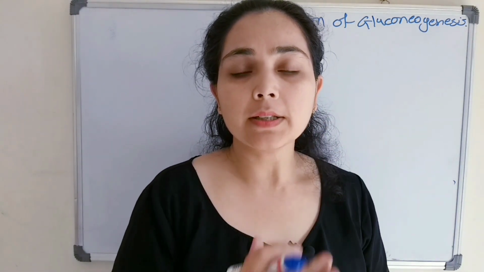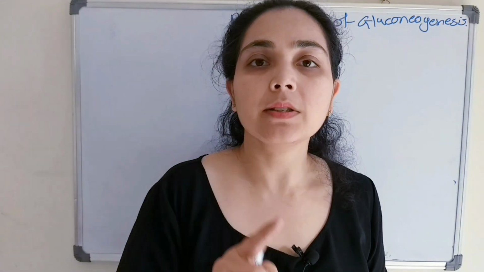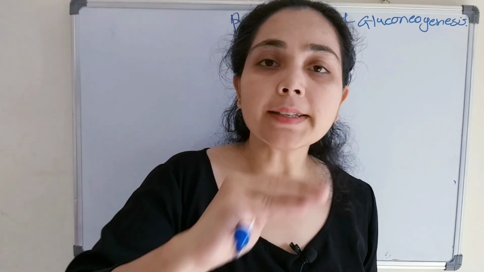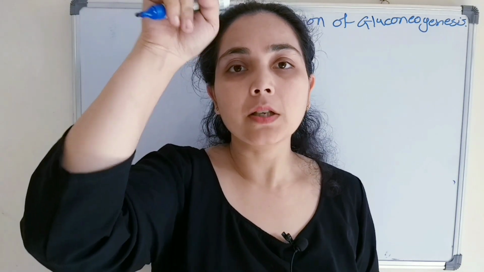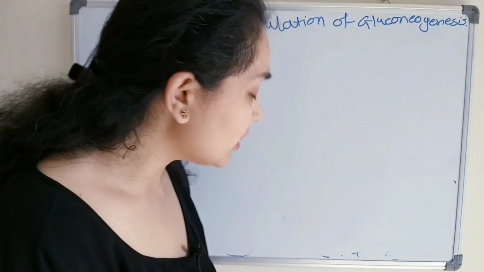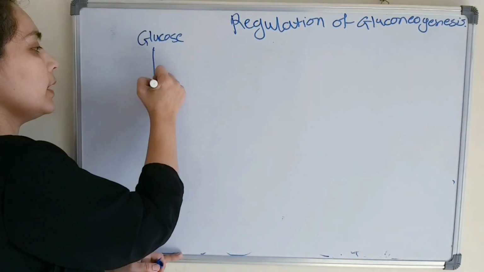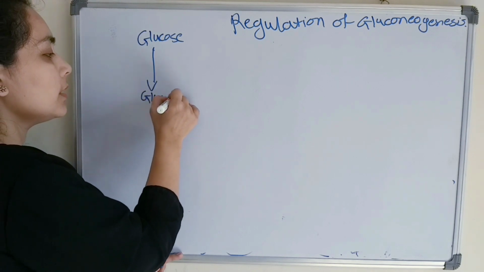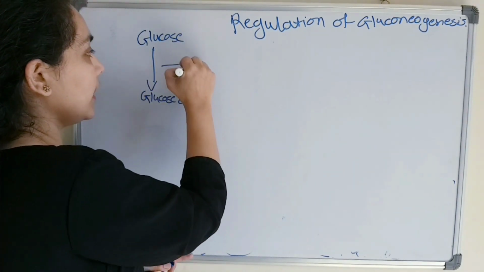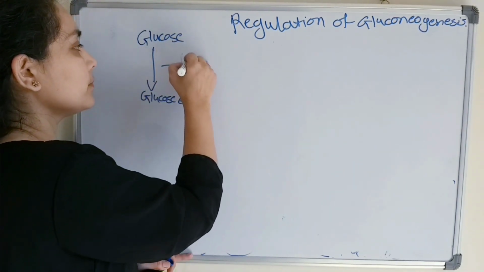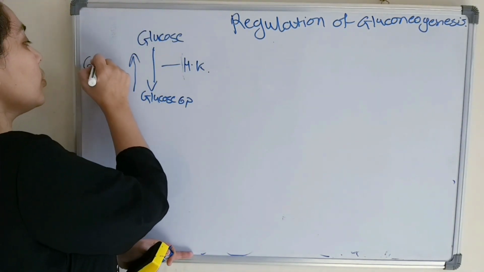Gluconeogenesis is the reverse of glycolysis except at 3 steps, because those 3 steps of glycolysis are irreversible steps. So a different set of enzymes will bypass those irreversible steps and help in the synthesis of glucose. These 3 steps are: first, glucose is converted to glucose 6-phosphate. Here in glycolysis, the enzyme is hexokinase,